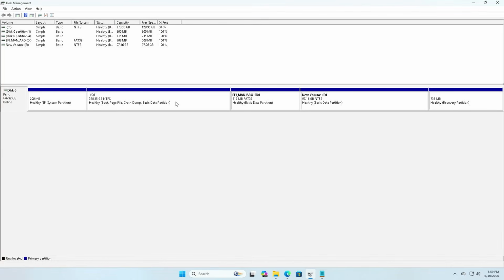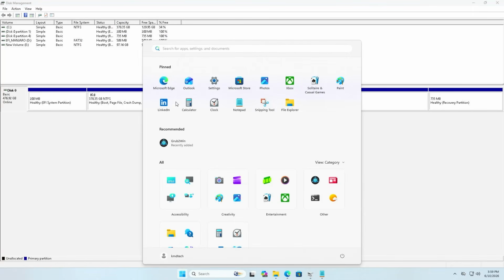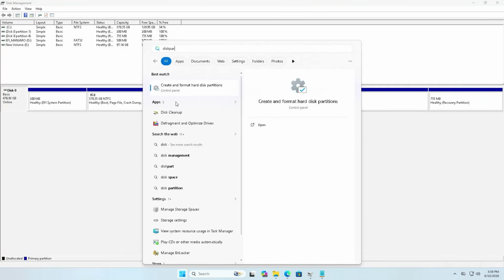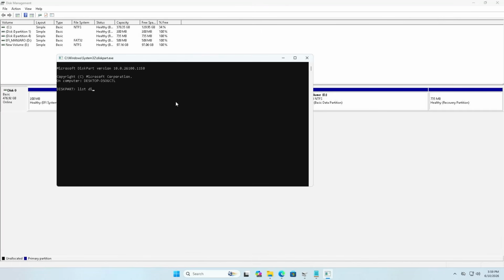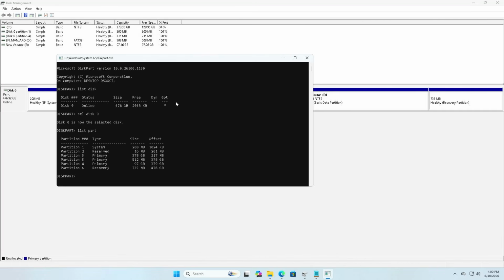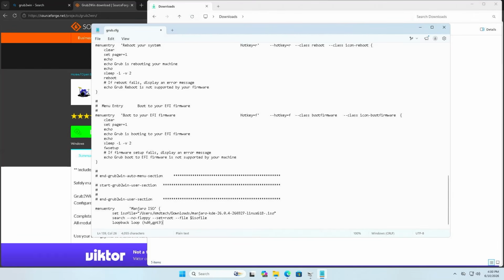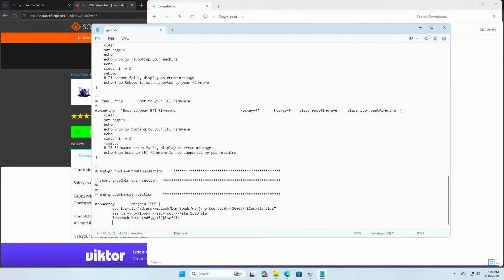So the file is on my C drive, and I can open up diskpart, start diskpart, yes, and list my disk, select disk 0, list my partitions, and my C drive is 378 gigabytes, and it's partition number 3. Closing brackets, and then ISO file, and then next, I'll have to tell it where to load the Linux kernel,